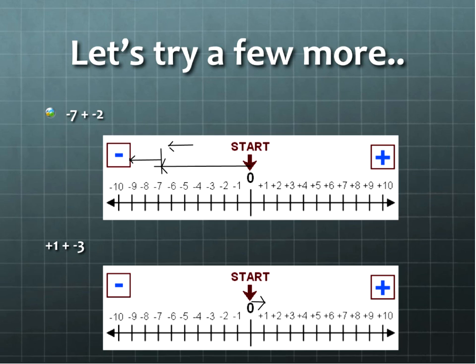Positive 1. Now I'm going to add negative 3. Which way am I going on my number line now? Am I going to go right when I'm adding negative 3, or am I going to go left? I'm going to go left. So I'm going to go left 3. I'm going to start from where my number left off last time. And I'm going to go this way. 1,